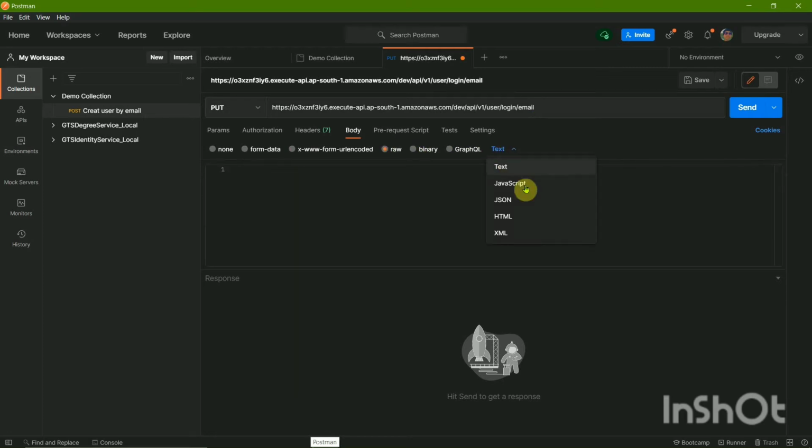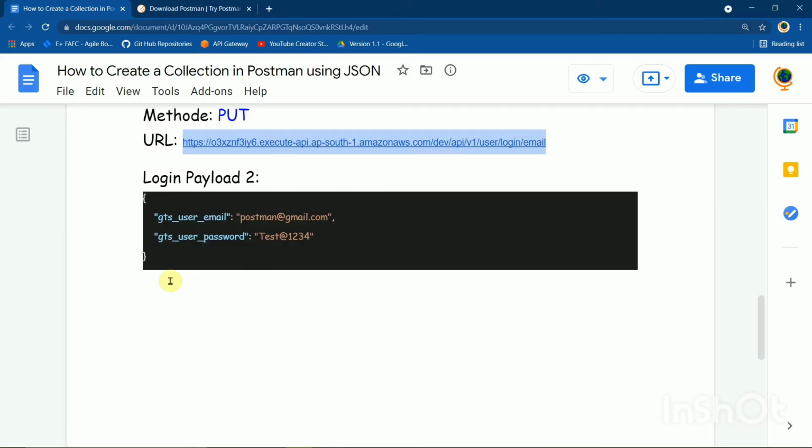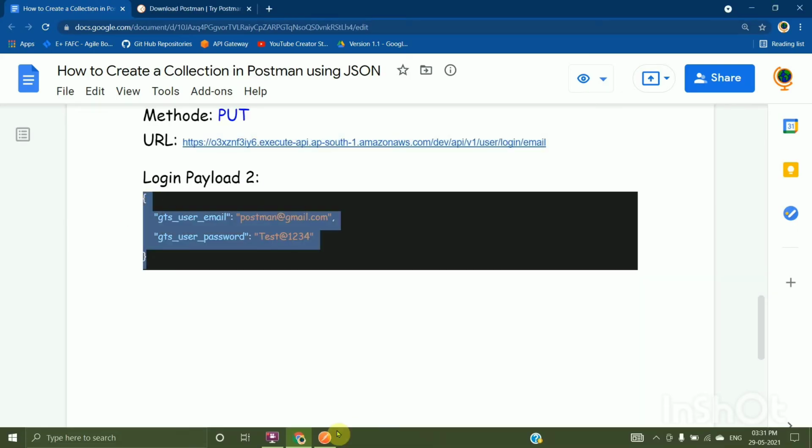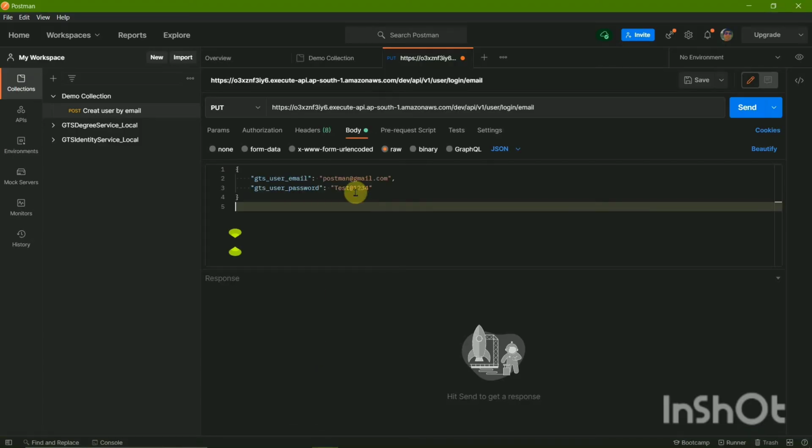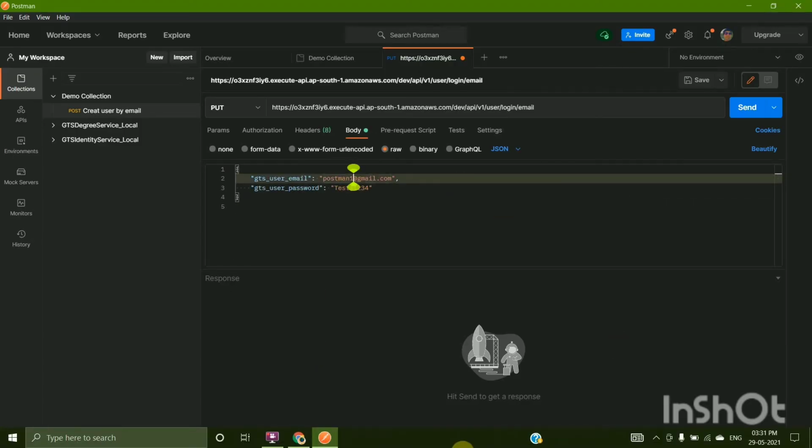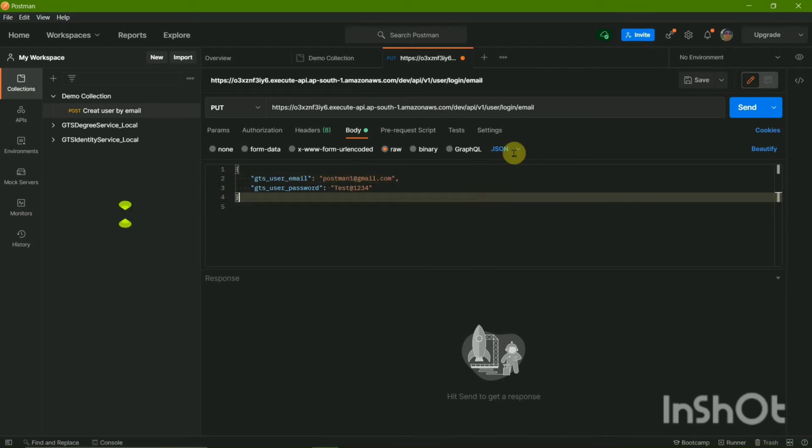For the GTS trainees, it is recommended to use the same URL from HTTPS to dev, like this much, to here, and the rest will already be written in the collection. Then I'll just copy down the body, I mean the payload. So right now I am going to log in, so I'll click on send.